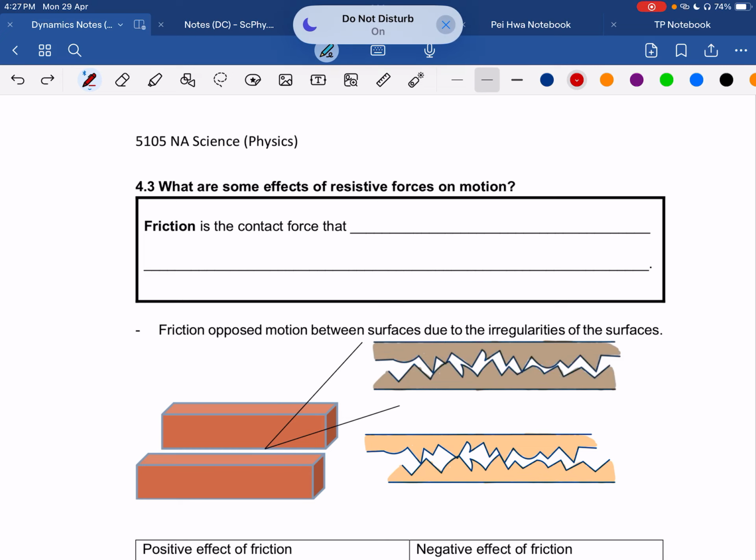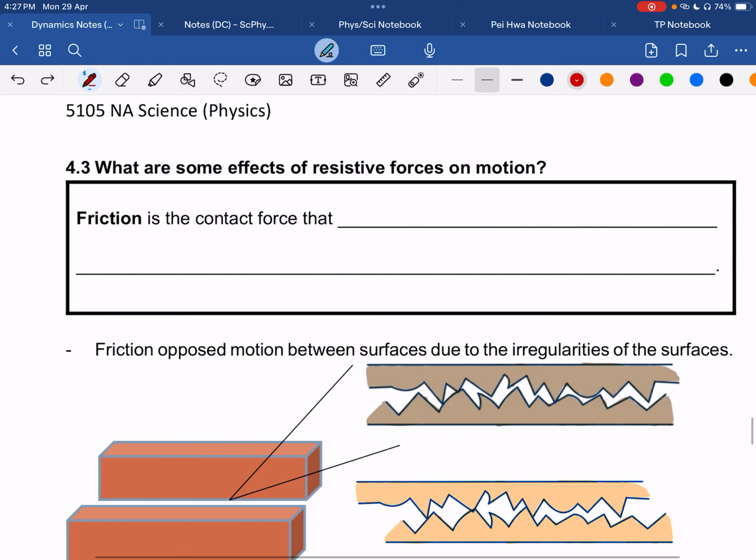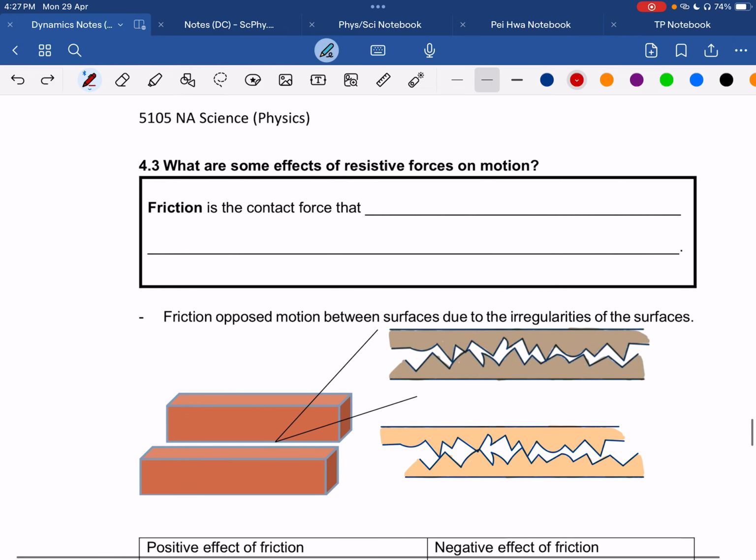Right, welcome to the last lecture for dynamics. Specifically, it's on the topic of friction. Now, friction is something that you come across every day, and this is definitely not the first time you have heard of it. But what exactly is friction? Basically, it's a contact force